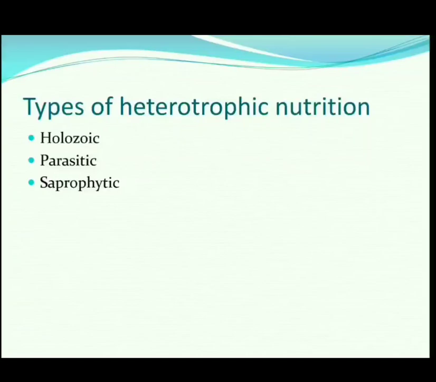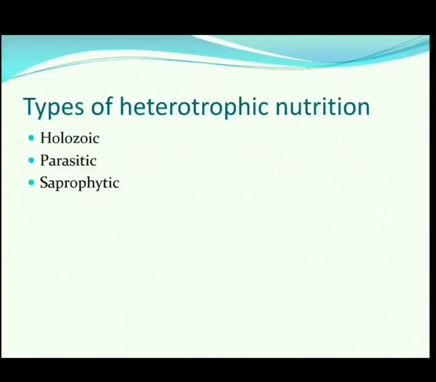This is a type of nutrition in which organisms derive nutrition from plants and animals without killing them. For example, leeches, lice, then orchids, cuscuta. Some trees have other plants growing on them. You might have seen a mango tree or guava tree, and then extra plants arise from the tree. They are considered parasites.